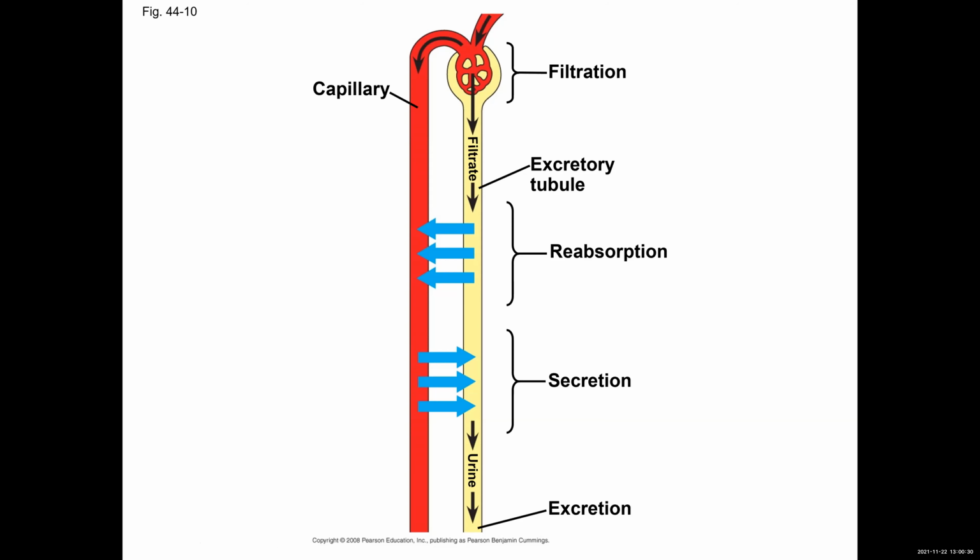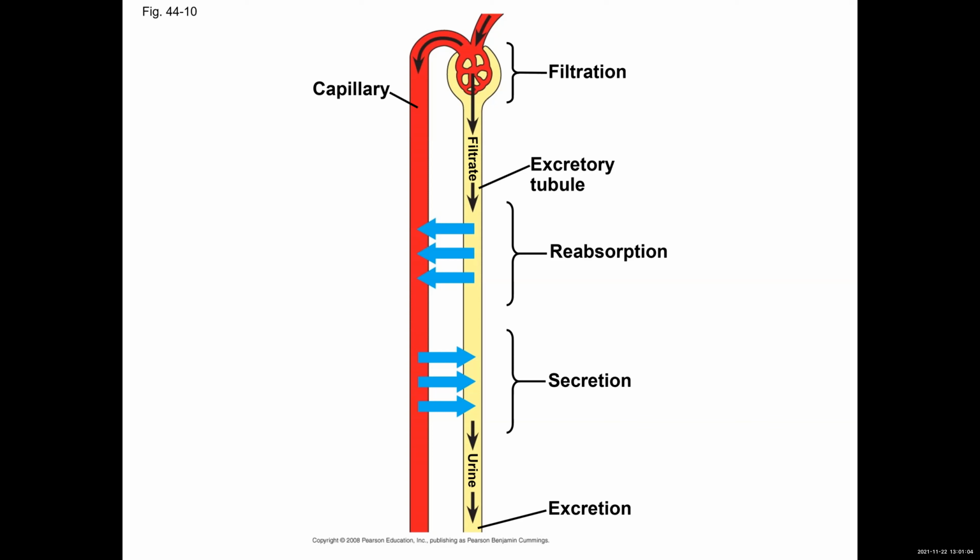Why is it filtration? Because we're leaving the cells behind. We're leaving the red and white blood cells behind. We're only moving the plasma. Imagine you're filtering your coffee, or you're filtering some precipitate in chemistry. The bigger chunks stay on the filter. The liquid or the supernatant moves through. Same thing in coffee. The grounds, the chunky bits stay on the filter. The liquid only, no crunchy bits, goes into the coffee, and all the dissolved substances. This delicious flavor